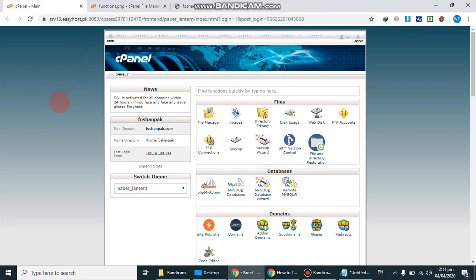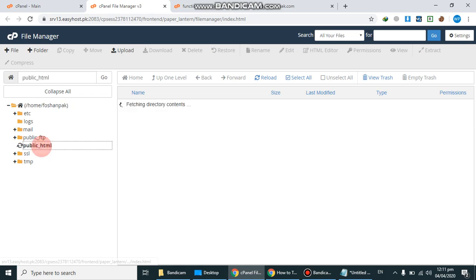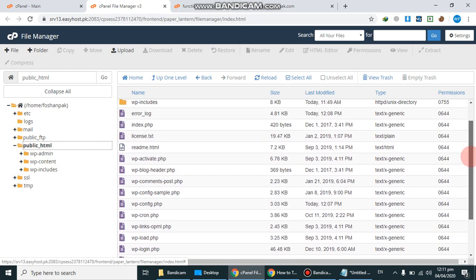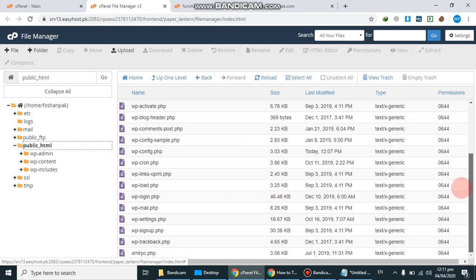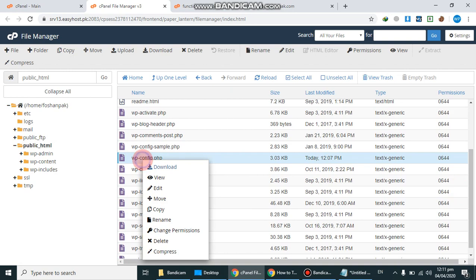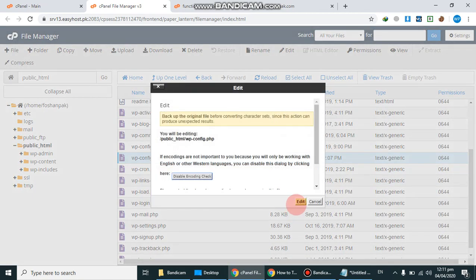First of all, we need to log in to our cPanel, then go to the File Manager. After going to File Manager, go to public_html, and here we need to find the wp-config.php file. So here you can see wp-config.php. We have to edit this file. Click the Edit button,